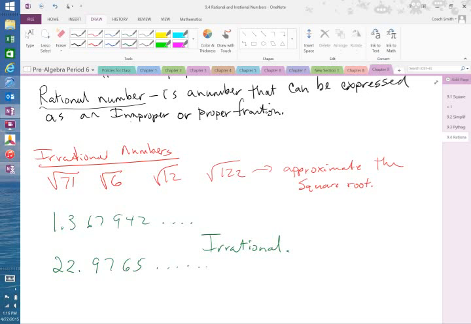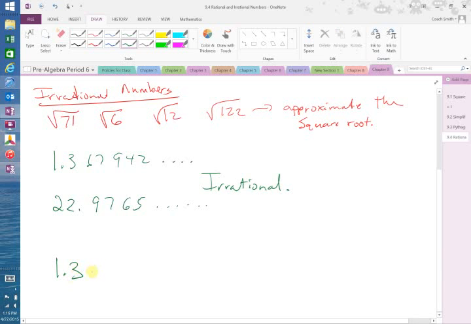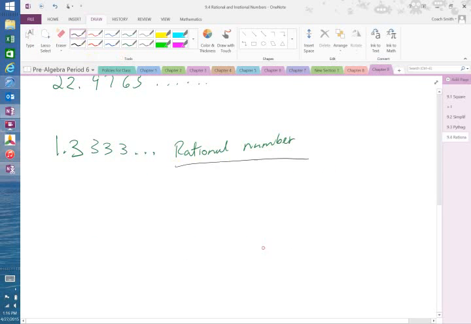Now, understand that there's a difference between that and that. That tells you that the 3 repeats. Okay, this is a rational number. So my examples of rational numbers are a lot more than irrational numbers: 3/4, square root of 25, 1.6, 0.3 with a bar over it, 3 and 2/3,